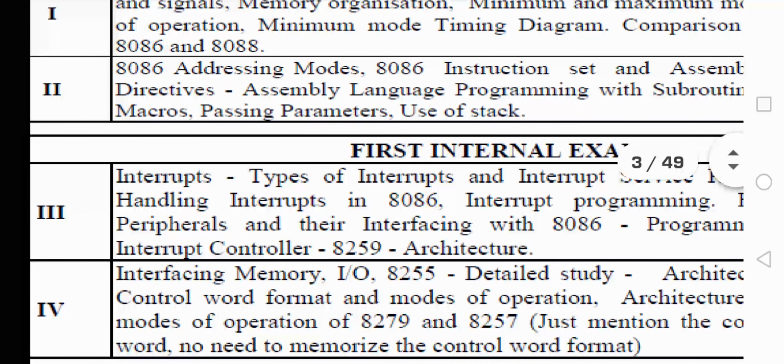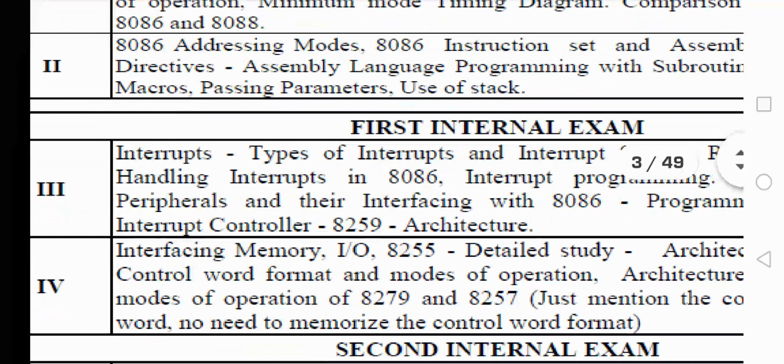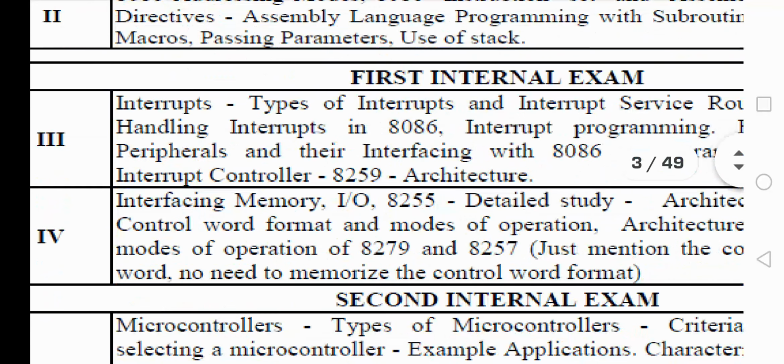In the third and fourth modules, we will be studying the various interfacing devices or the various external devices which can be connected with this 8086 processor to do some additional tasks. In order to perform some additional operations, we need to connect some external devices with this 8086 processor. So what are these external devices that help the 8086 processor to do some additional tasks? About that we will be studying in the third and fourth modules.